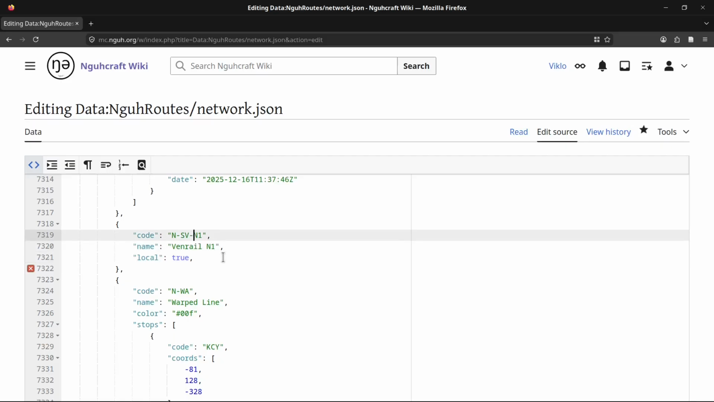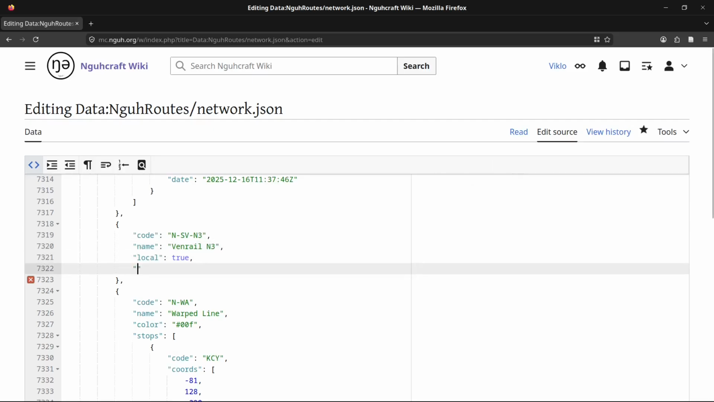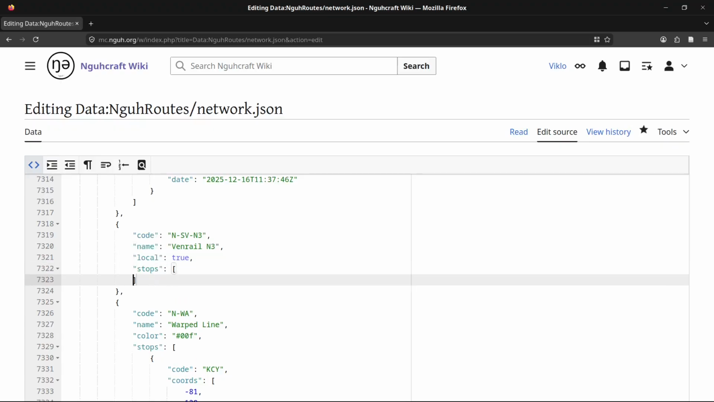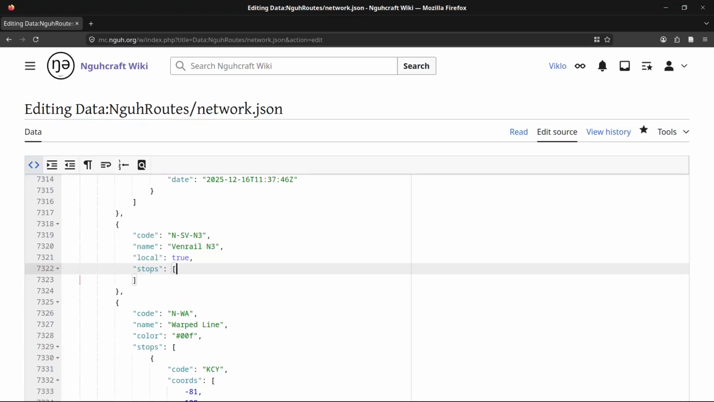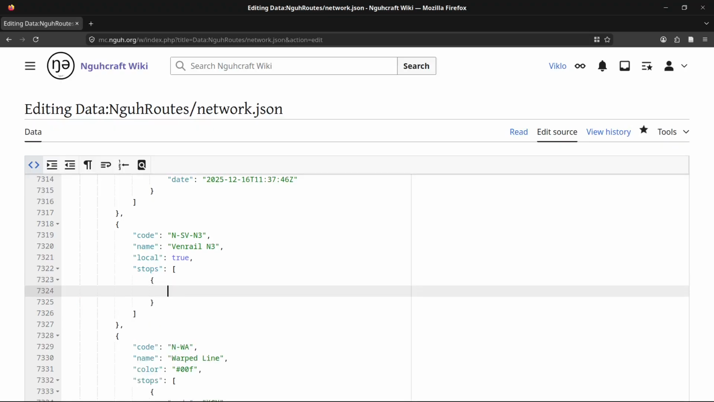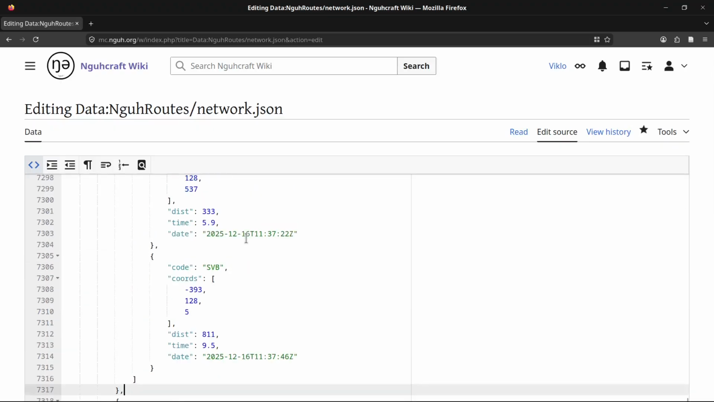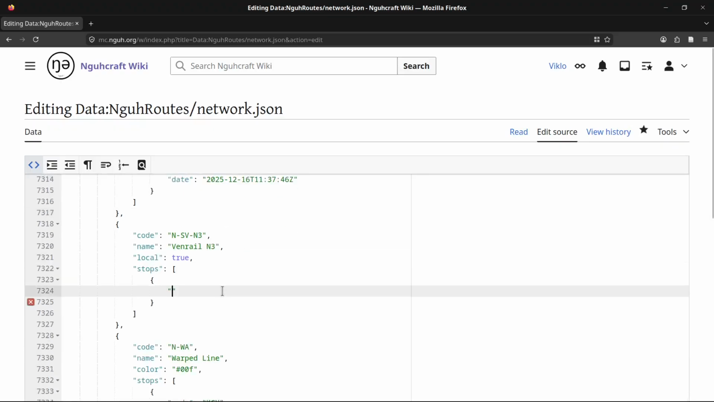But then this is the N3, which we are adding, and then this is an important one, stops. That's where you put all of the stops that we will be adding. So if I just want to do the simple option, what I can do is just add a code, which is NSV